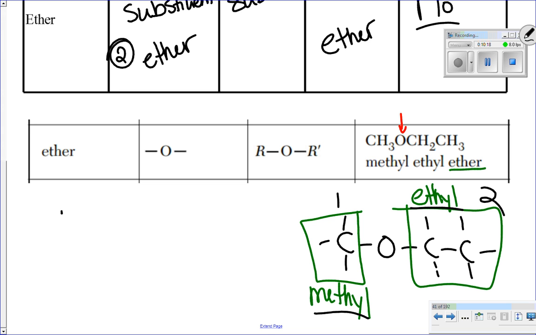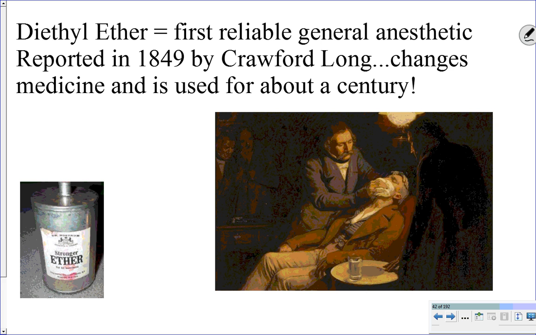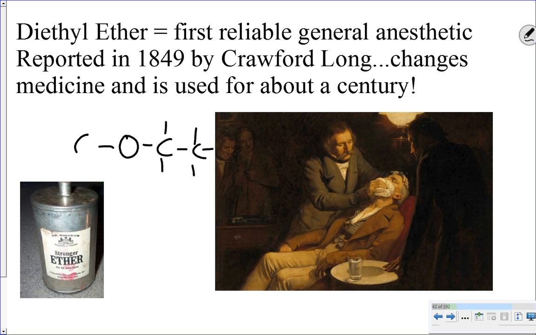Another important molecule is something called dimethyl ether. In dimethyl ether, I would start by saying, hey, I've got to have an O in the middle. Then I have 2 methyl groups. 1 methyl group here, 1 methyl group here. You can also have propyl ethers. Diethyl ether, which would be an O in the middle and an ethyl group on each side,